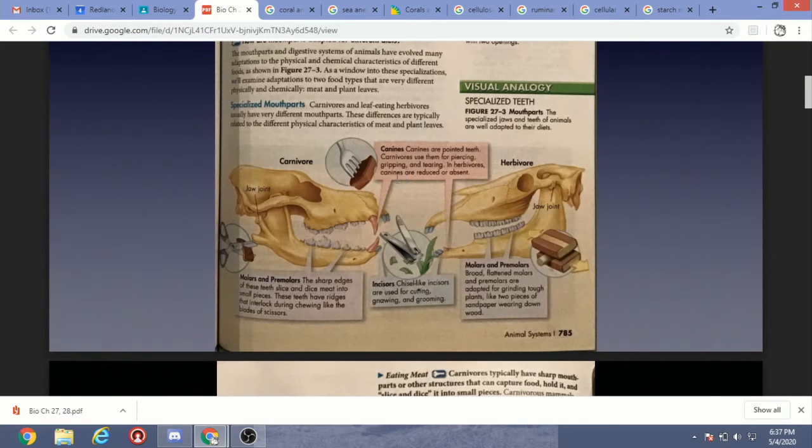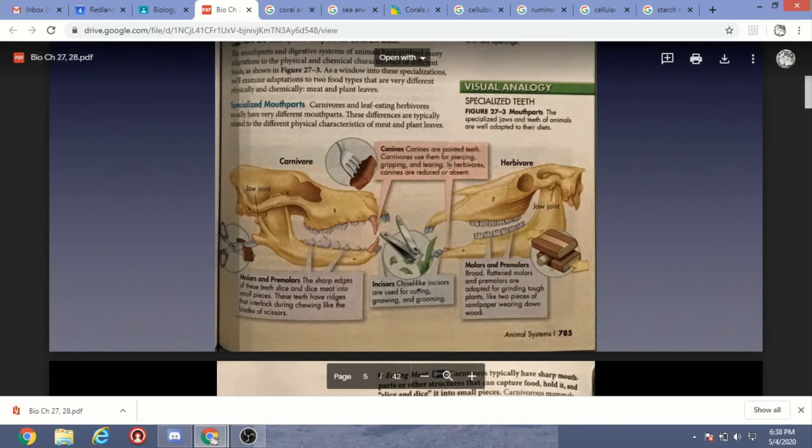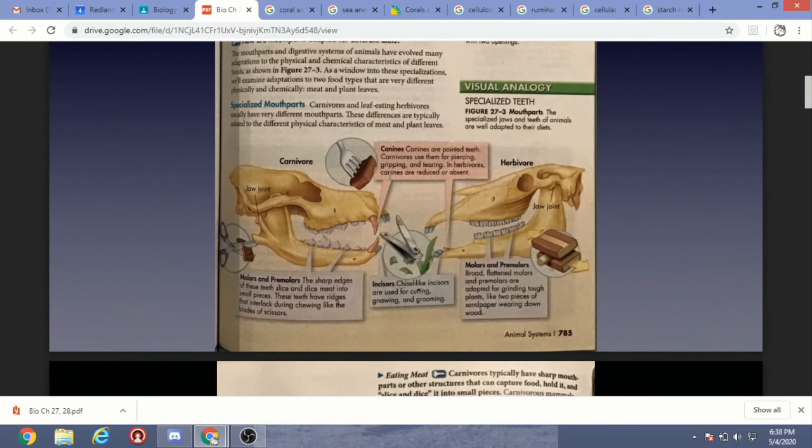A good thing to do, if you have a highlighter or you're trying to organize this information yourself, is maybe make a table, carnivore on one side, herbivore on the other, and then make rows of the different teeth, like canines, molars, incisors, and then write the functions, because the functions are different. For carnivores that eat meat, the canine teeth are for, pay attention to the verbs, the action verbs. Piercing, so grabbing a hold of the prey, gripping and holding the prey, and tearing the prey. And herbivores,